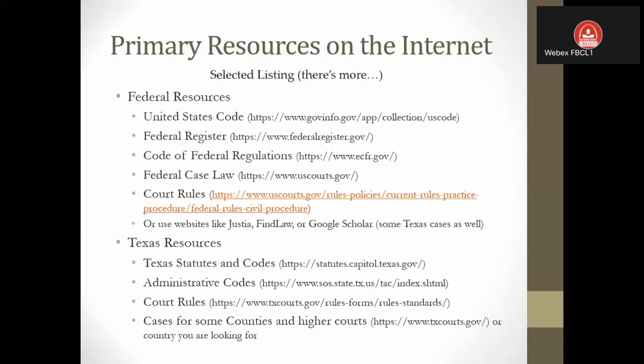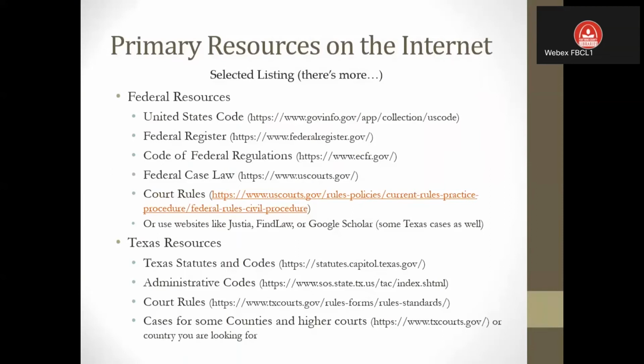So anything you find from these .gov websites is going to be absolutely worthwhile to look at, especially if it applies to your case. Now, there are some other websites like Justia, FindLaw, Google Scholar, which have mostly federal, but some Texas law in there as well. Those are good websites to look at, but again, they're a little bit behind when it comes to case law because of copyright and other things that limit the amount of resources they can put on the internet.